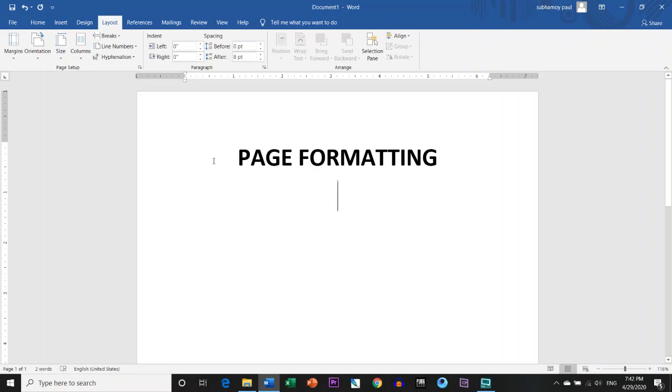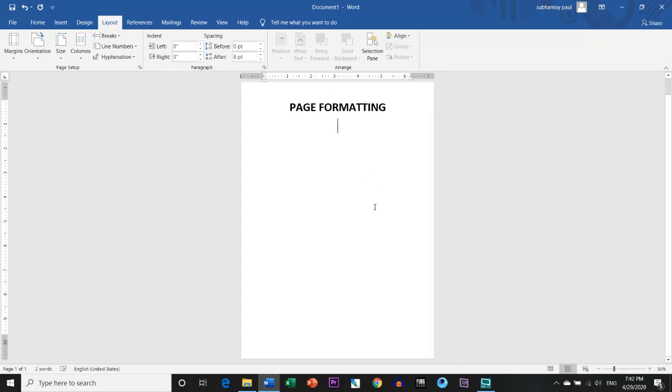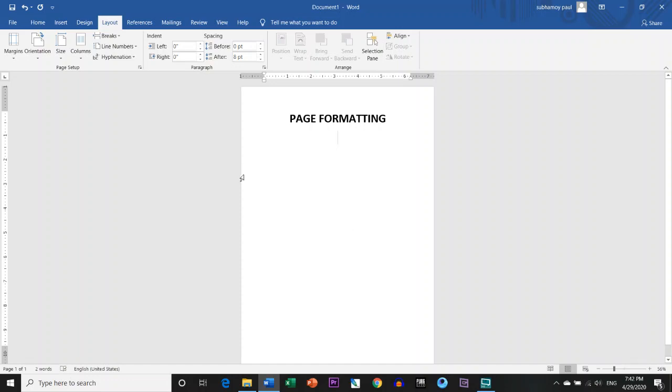Now the next part is the orientation. Orientation means the type of the page. This part is the vertical orientation. This page is the vertical orientation, or it is called the portrait orientation. Now if we click on orientation and change the portrait format into landscape, our page will convert into a landscape indentation and the landscape margin also. See, the indentation and the margin have also changed. Now the page follows a horizontal format. Now again I'm clicking on the portrait version where it was before.